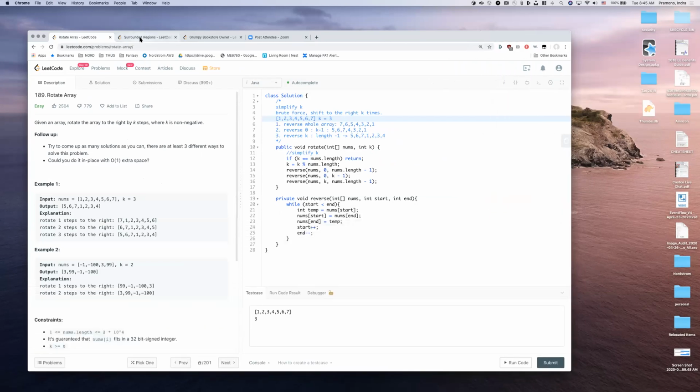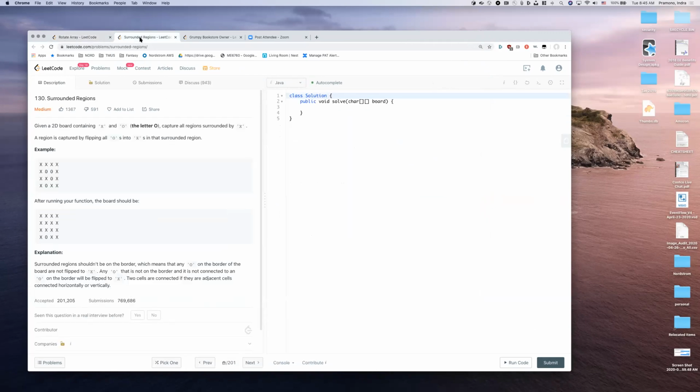All right, let's go to the next problem. I also did this already yesterday, but hopefully I can share and try to learn how to articulate it as well. Again, this is a variation of the island counting. The variation is if we have surrounding X, then the 0 will be X. But if we have the border, then this will not be